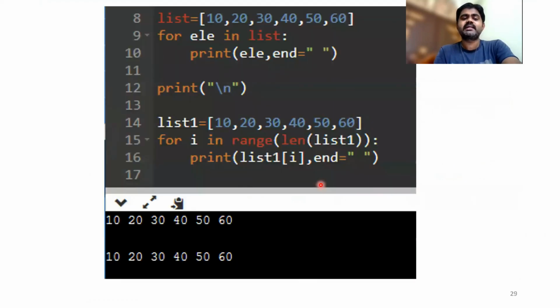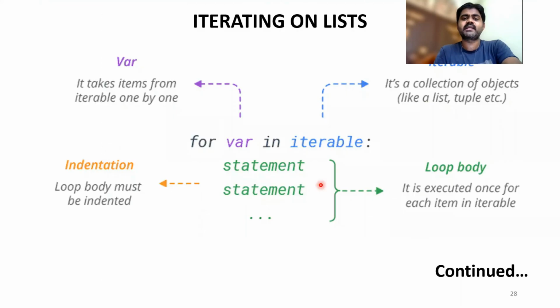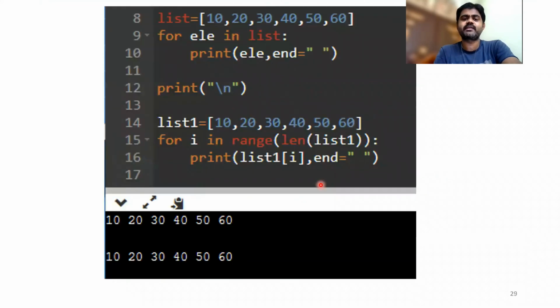Here, if you take an example, list equal to 10, 20, 30, 40, 50, 60, for LE in list, for element in list, print LE. So 10, 20, 30, 40, 50, 60 is printed. If you take another, for I in range of length of list, print list 1 of I. It prints every index: 0th index, first index, second index, and so on.